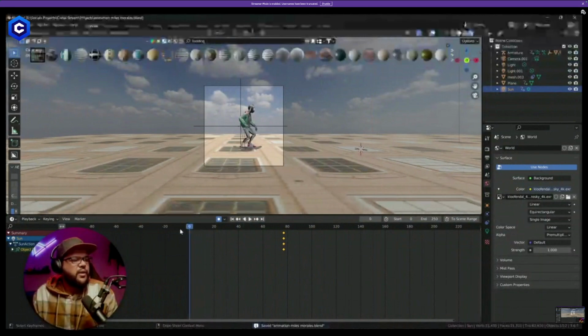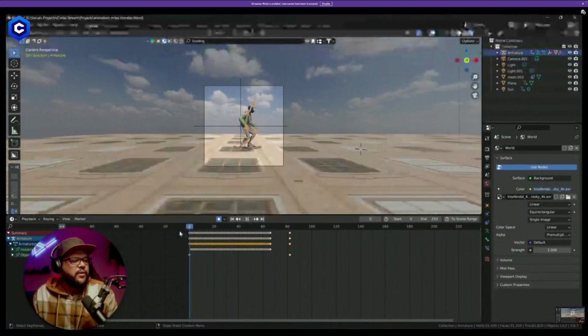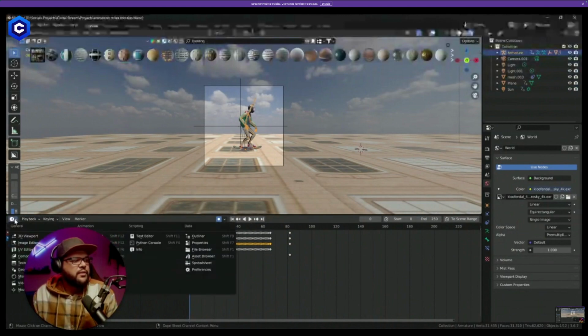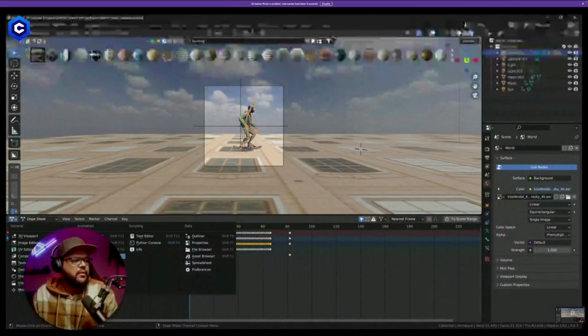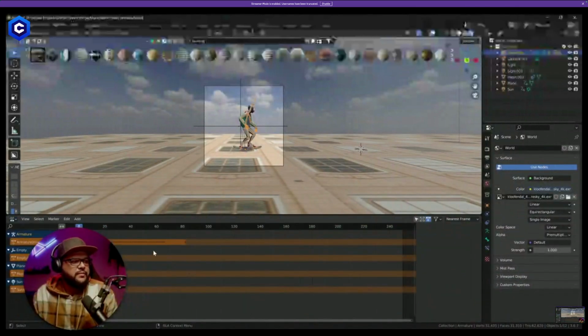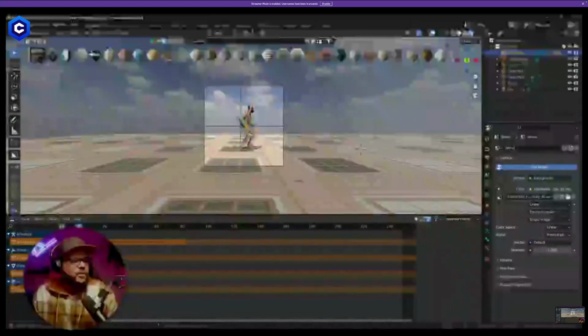Okay, so we also want to loop this. We want to loop this animation over and over again. So the way we do this is we come here to where it says dope sheet. No. We come over here to where it says nonlinear animation. All right, and then